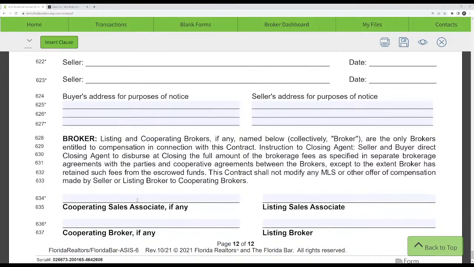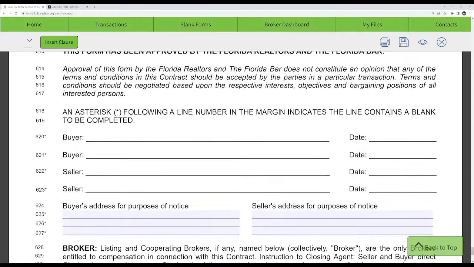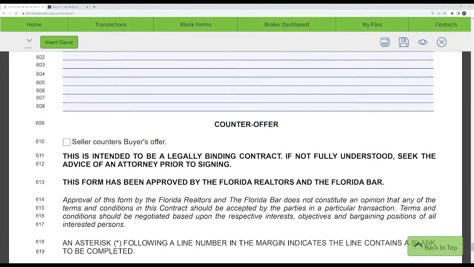Cooperating sales associate, so you put the buyer's agent here, the buyer's brokerage name here, the listing agent here, the listing brokerage name here, and that's the end of the contract. The only thing that I could recommend extra as far as here,